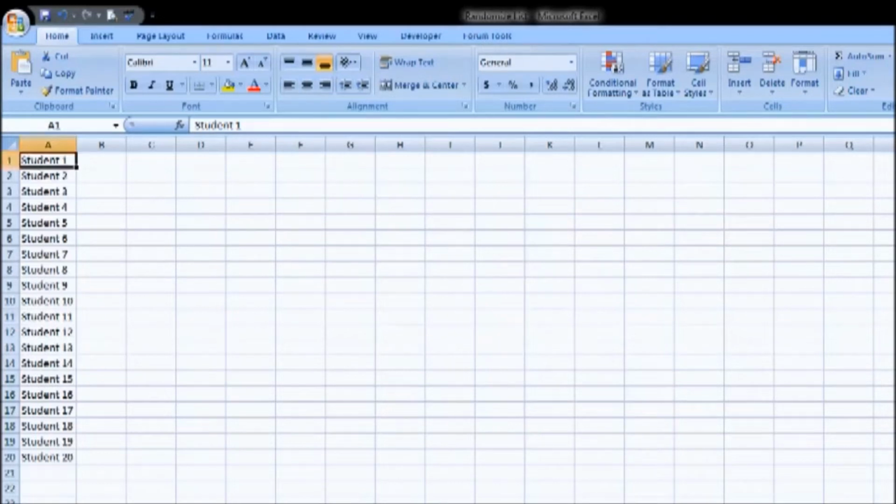Hey everyone! In this video I'll be showing you a simple macro to randomize a list in Excel. In this example we will be randomizing a list of 20 students, but this could be useful for a variety of applications. First step will be to click on the View tab